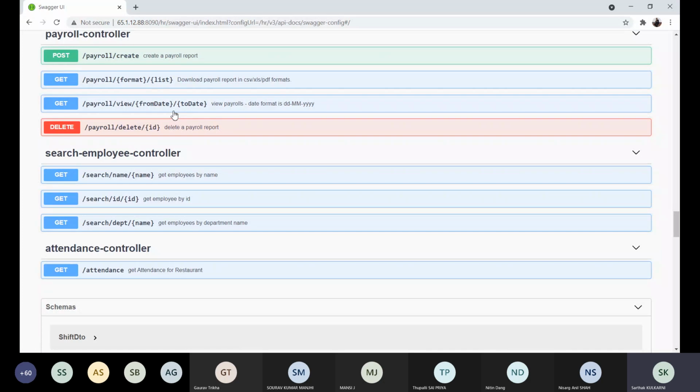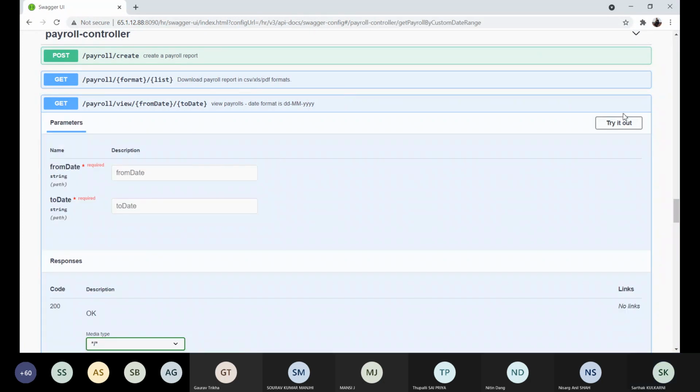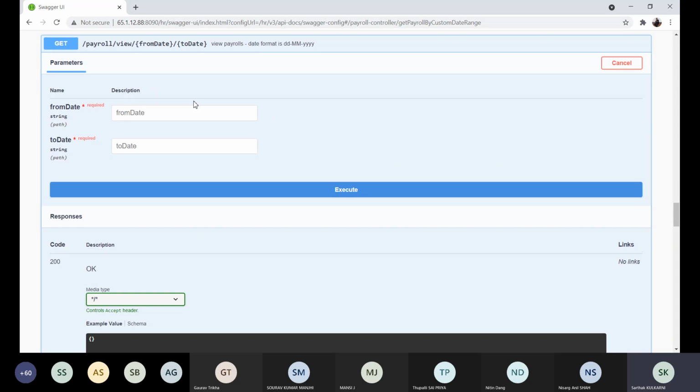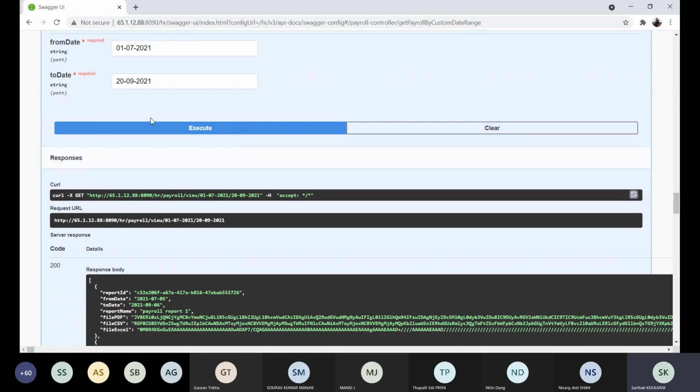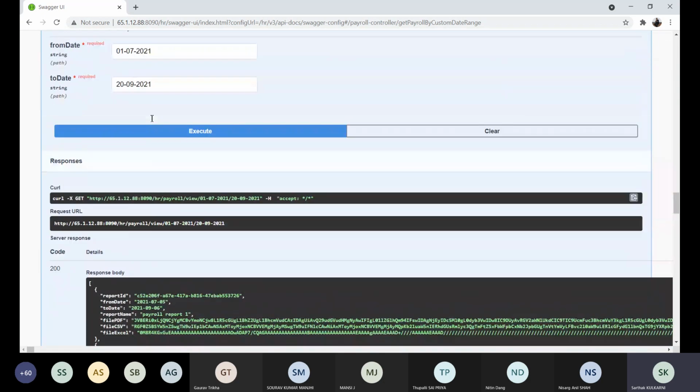So I would like to go on and show you how we view the payroll. We just have to give a from date and to date, and all the payrolls that lie in between these dates will be visible. Let's see. So yeah, as expected, here are the 2 payroll reports. All this gibberish is because these are files stored in the form of byte arrays in the database. And in this manner, you can view all the payroll